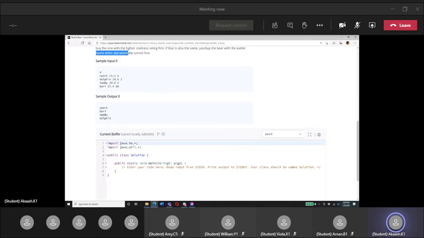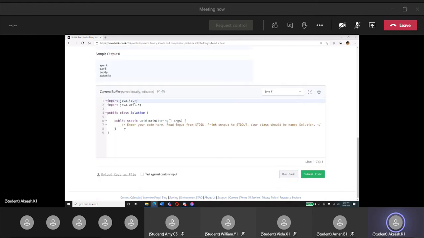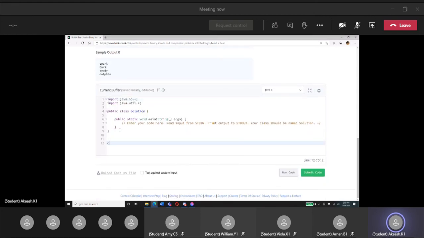So basically what we're going to do is create a class called Bear with these three attributes, and then we can write a compareTo method for it. And if we put all of that in an ArrayList, we can just use the Collections.sort method, and then we just return what the Collections.sort method has given us. So we start by creating our class that will implement Comparable, because it's going to be sorted. We'll just call it Bear, and you have to write implements Comparable,